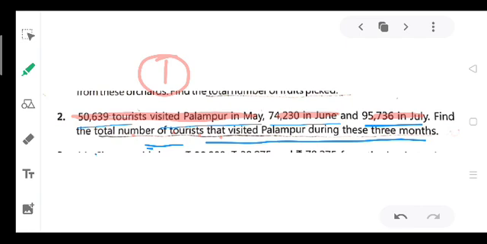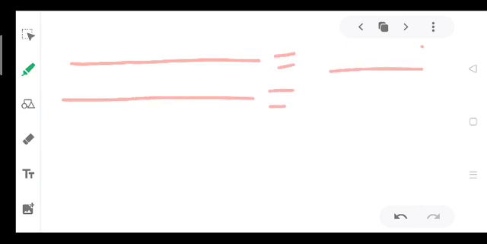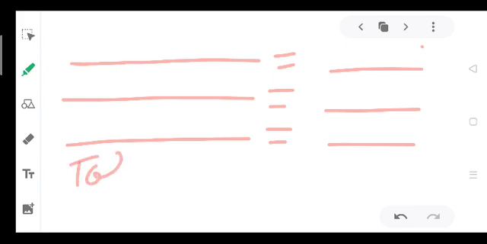And then last you will add all these three and you will write total number of tourists visited Palampur. See how you will do. Firstly you will write the statement, tourists visited to Palampur in May is equal to this. Then tourists visited to Palampur in June is equal to this. Then tourists visited to Palampur in July, this, and then total number of tourists visited in 3 months is equal to